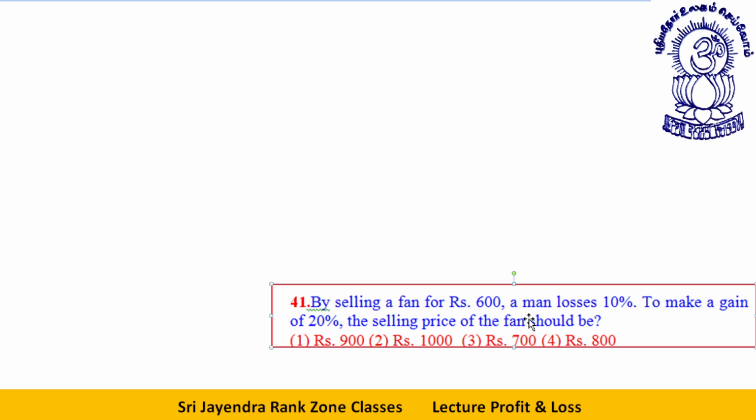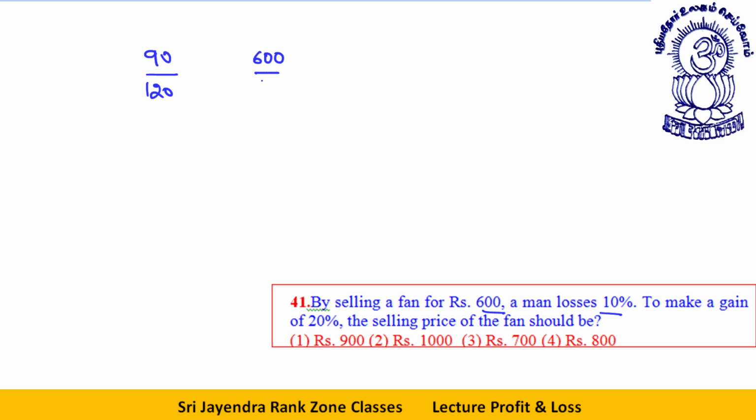See. Now let's see. Now I'll apply that shortcut which I was telling you. By selling a fan for rupees 600, a man loses 10%. Losing 10% means 90. This 90 corresponds to 600. To make a gain of 20%, it becomes